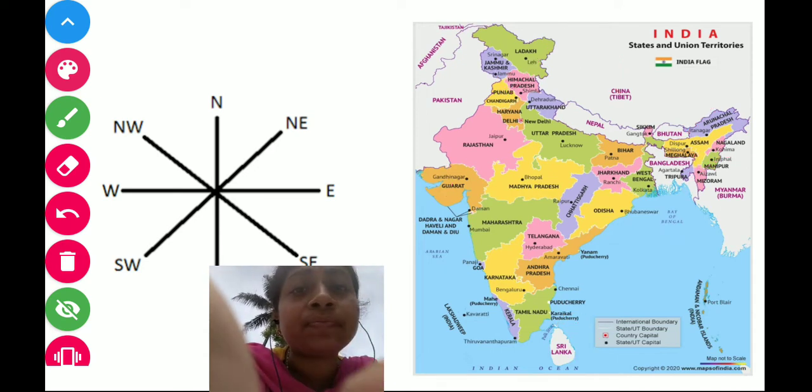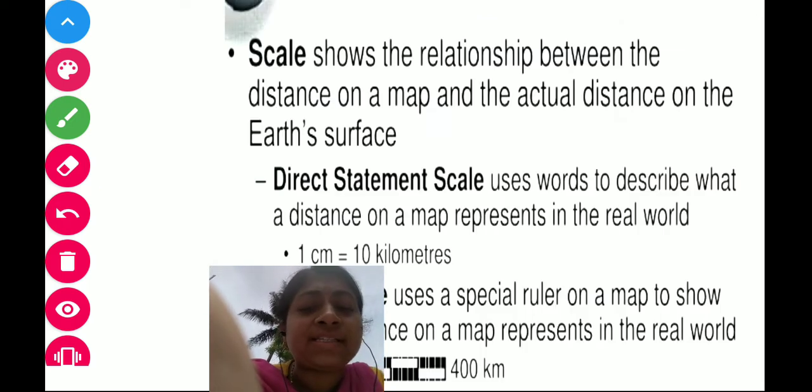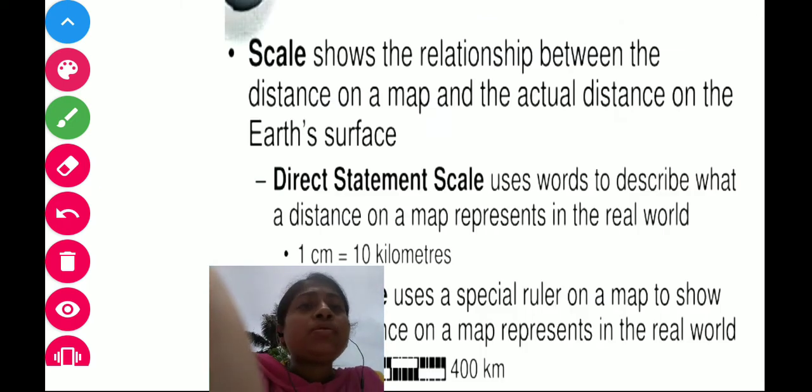Let's move to another slide. Scale. What is scale? Suppose we know the actual distance on the ground between any two places. The same distance cannot be shown on a map. The map shows a smaller distance.